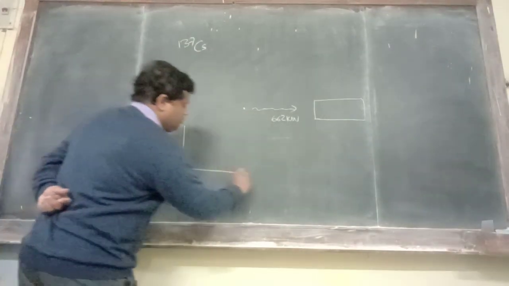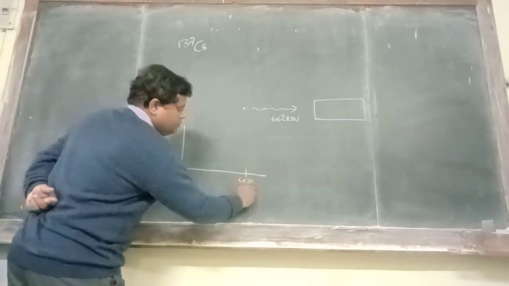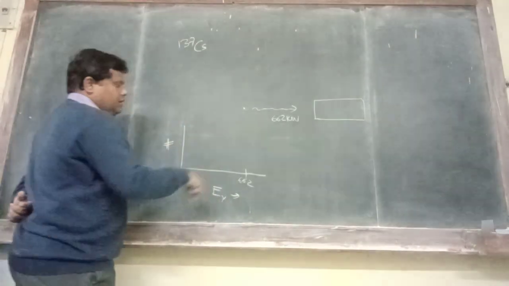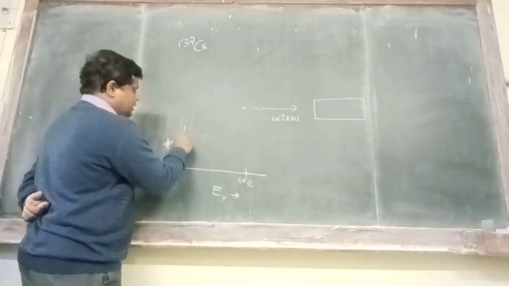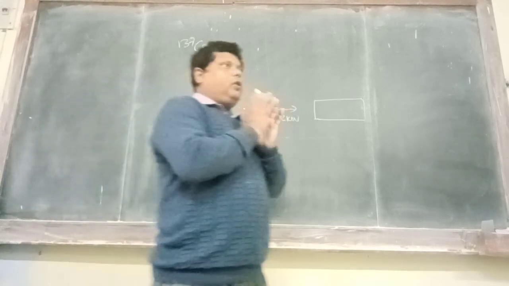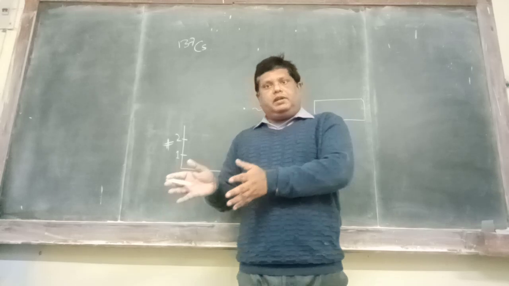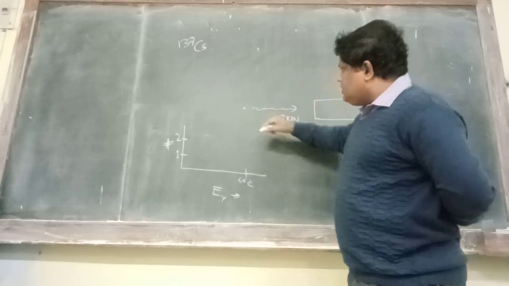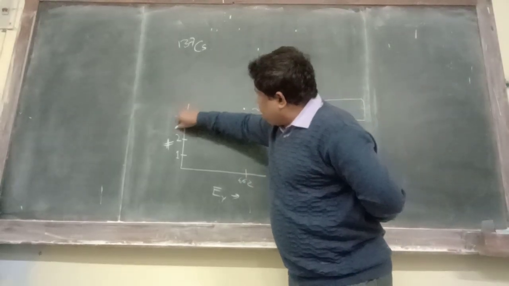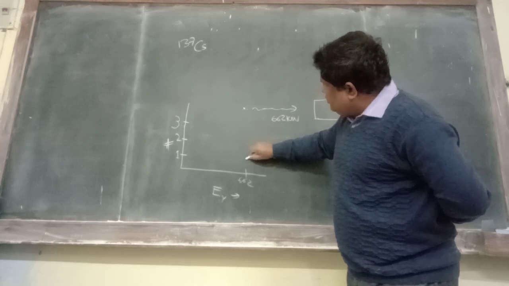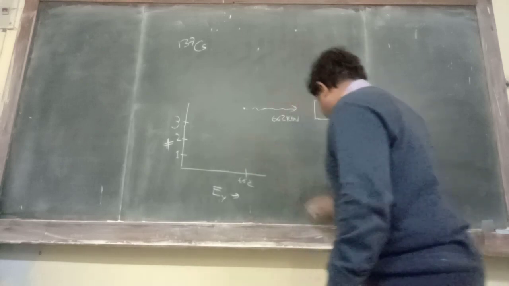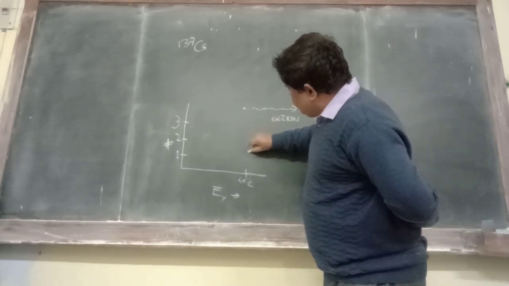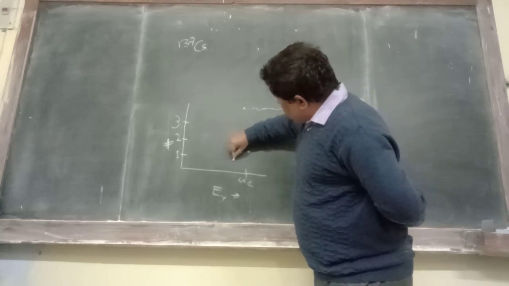So let me just draw this. Suppose this is 662. Now this is your energy axis and this is counts. Then if this is number 1, this is number 2, you put a spectrometer in front of the source and you are slowly observing the structure. What you see slowly is some count over here. Let me use some other color. After say 1 second, you see some count over here and some count over here,